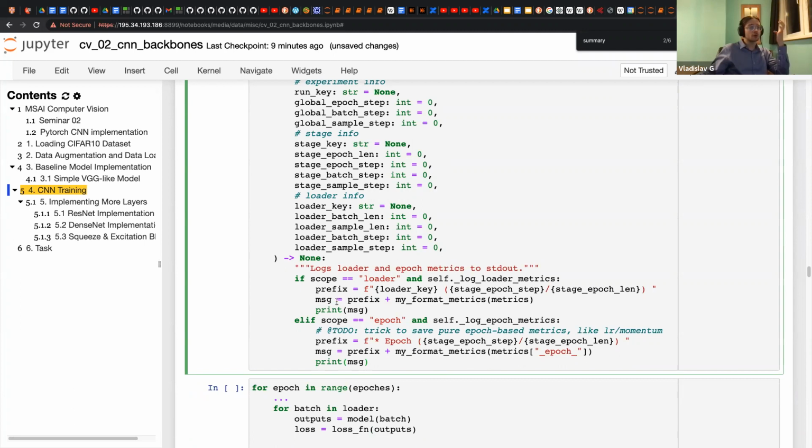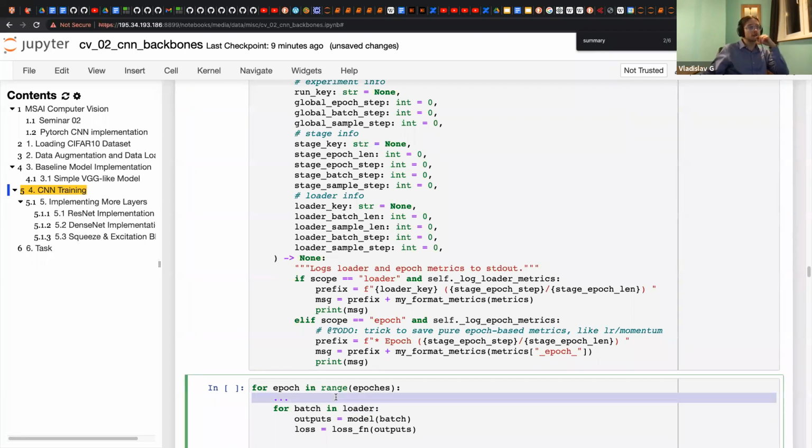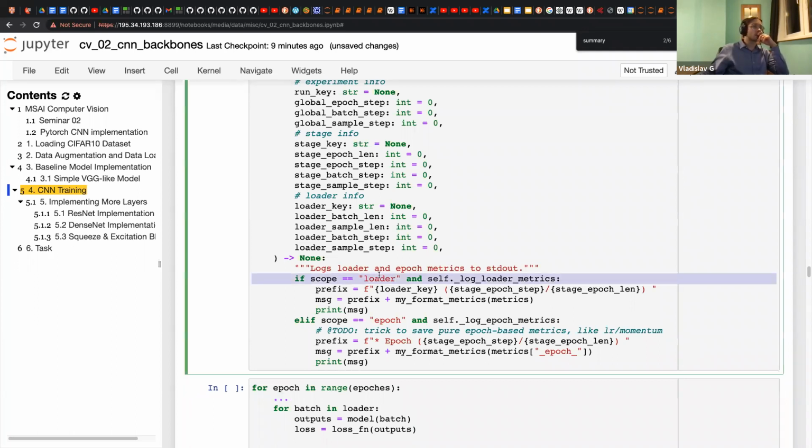All this code is already contained in the Catalyst framework. And here we have all the necessary points that are triggered. So we have one scope here, the loader scope. It is called when we call a new iteration of the loader, when we call a new loader.